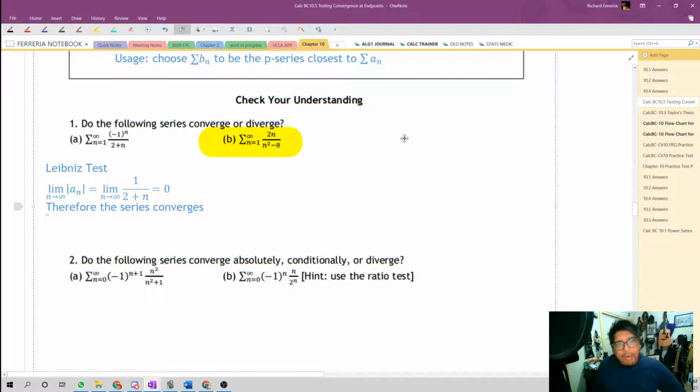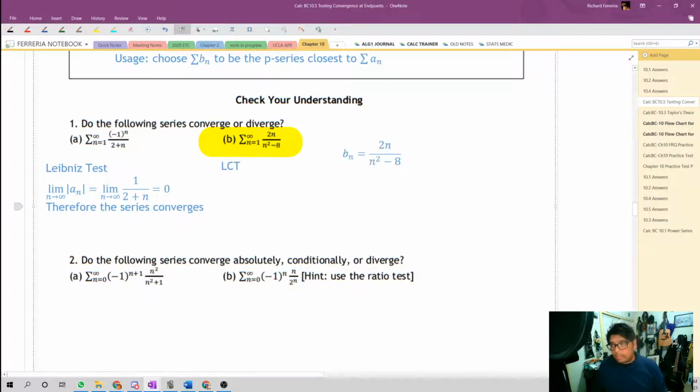Let's take a look at letter B. In letter B, we have 2n over n squared minus 8. That's not an alternating series, but the numerator and denominator are both polynomial parts. So since the numerator is a polynomial and the denominator is a polynomial, my idea immediately goes to the limit